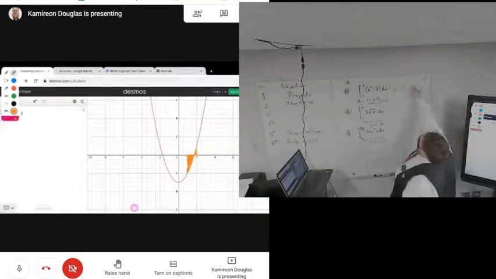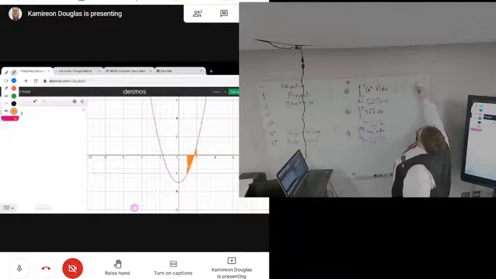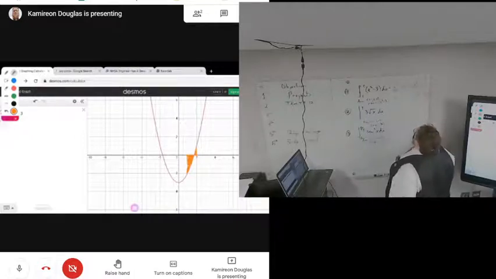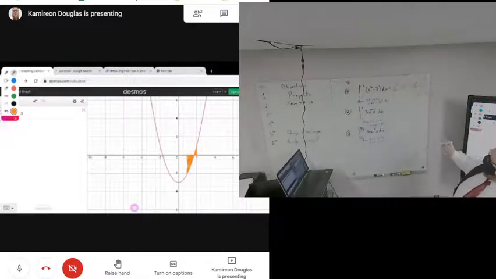We then plug in the 2 first, so 2 cubed over 3 minus 3 times 2, minus the 1: 1 cubed over 3 minus 3 times 1. And we end up with the final solution of